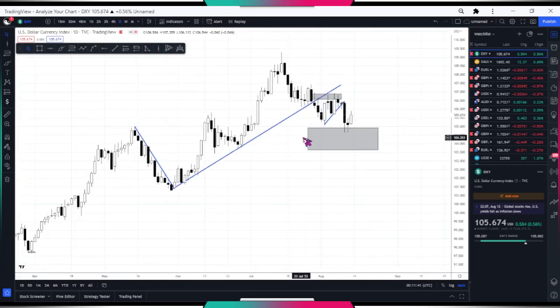On the daily time frame, this was a very key zone of support rather. It rejected this very key zone of support on the daily time frame